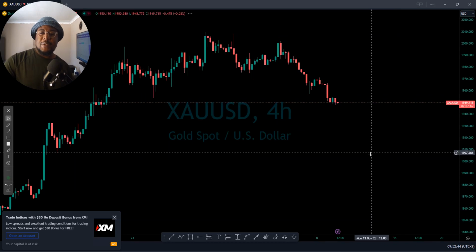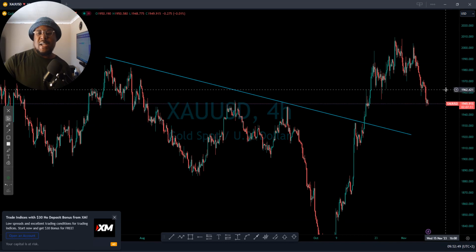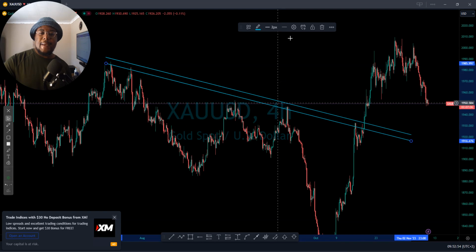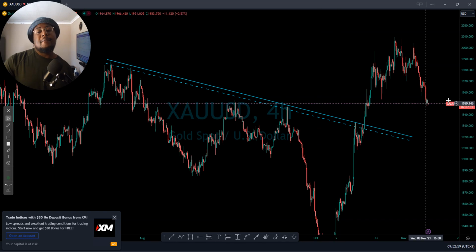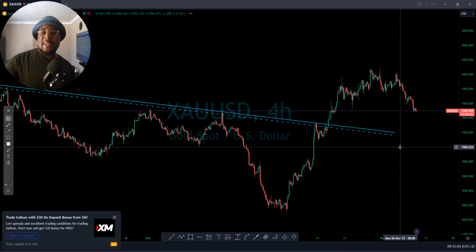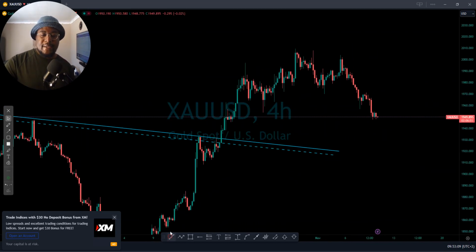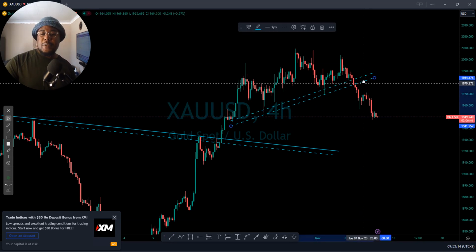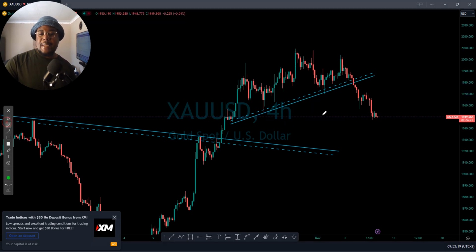So let's go to the next one, which is gold. Gold is now pushing lower, quite the opposite, because the other ones are getting stronger against the dollar, but gold is going in the opposite direction, but it's fine. I just want a proper structure. I don't think we have a proper structure here. We tried to have something like that. Yes, the market broke out of that, so now we are waiting for a better structure that I can connect.